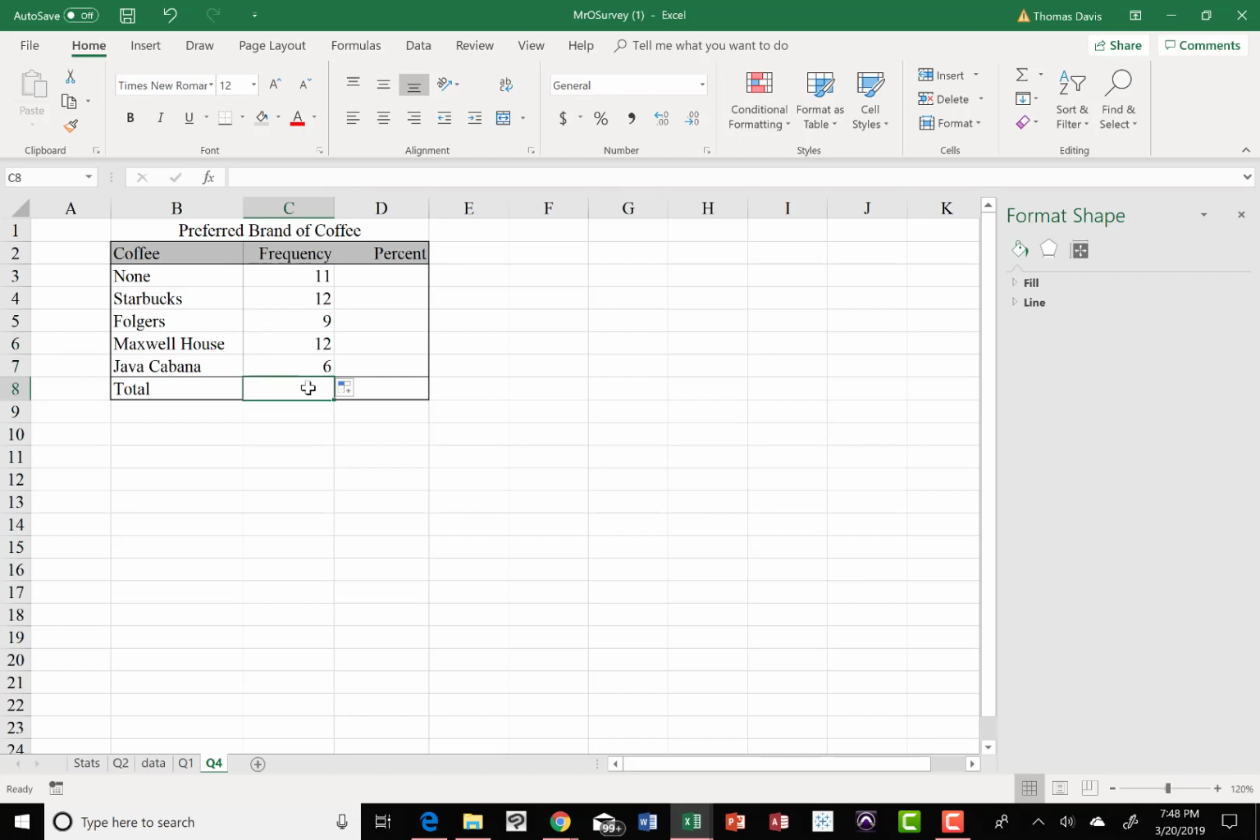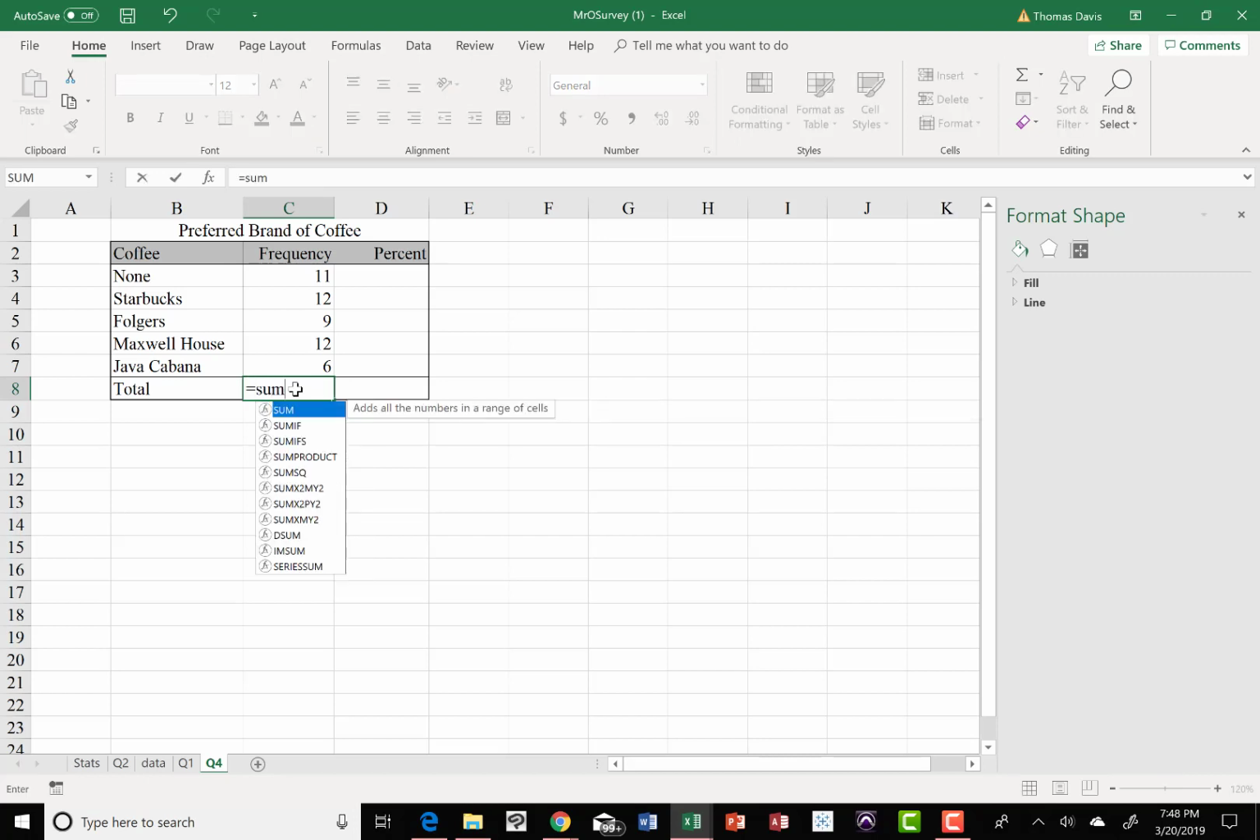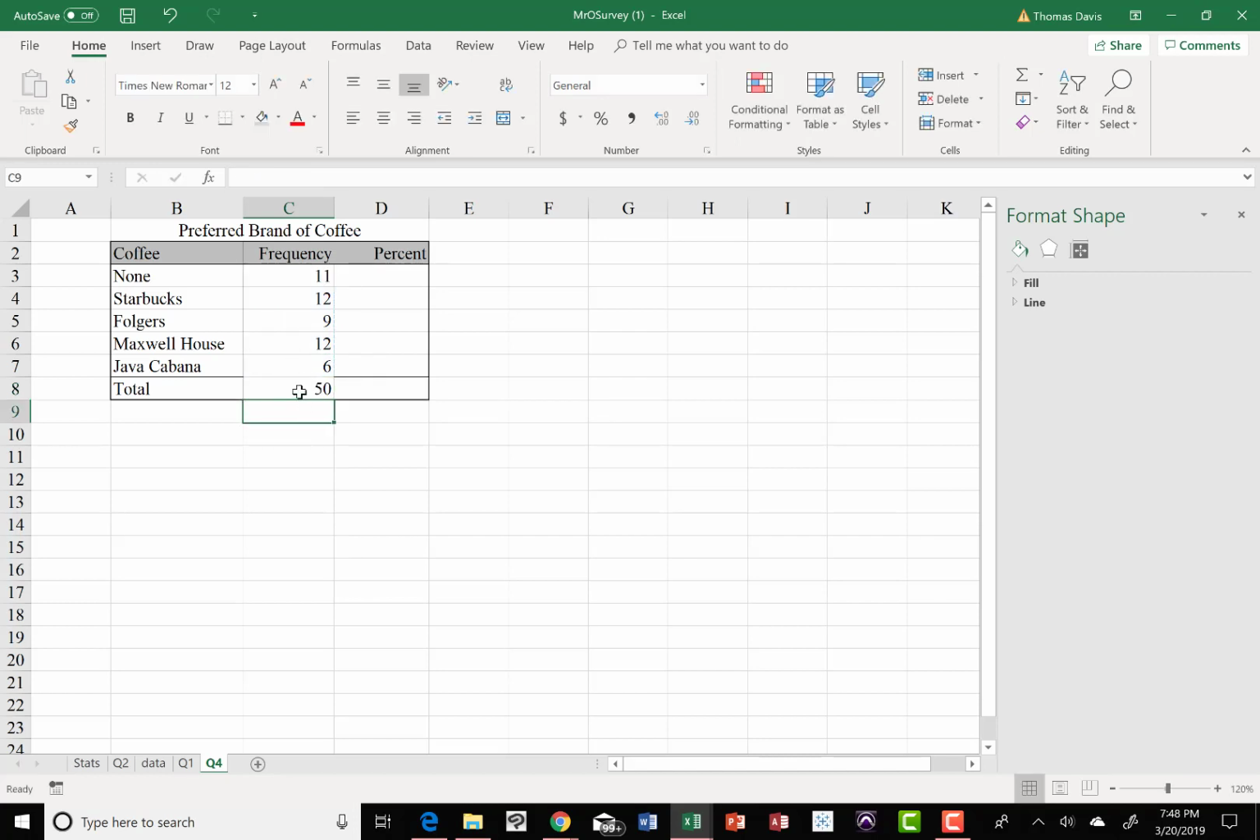Now, we need to do a summation here, so we just need to add these up. Calculate the number of surveys. Anytime it says calculate, it's usually just sum or add up, so we'll do equals sum and add that range up, and we'll get 50. Okay, now that we have this information, we can go next door into this next column and calculate the percent